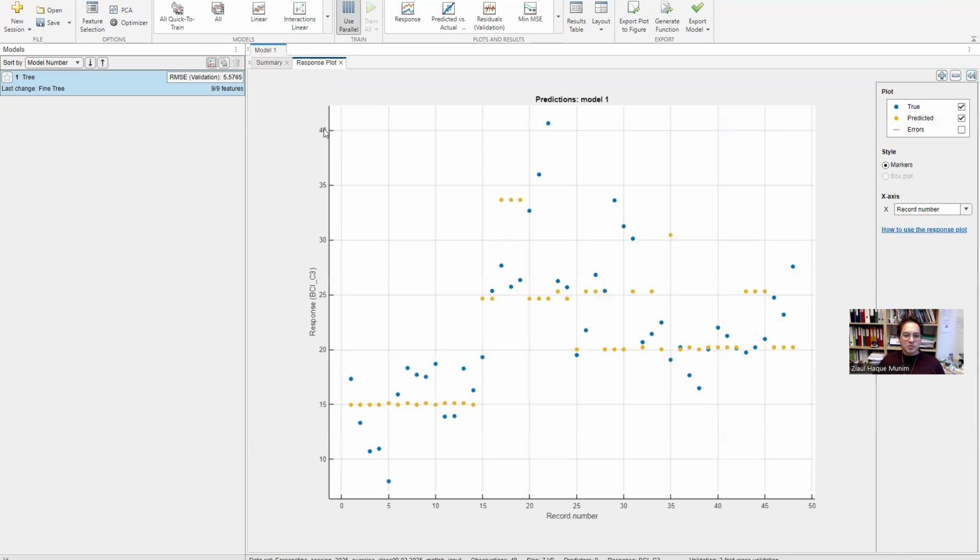And here we have the response function. So here it shows the predicted values and the real values for the data periods. Here on the horizontal axis, we have the data periods, and here we have the freight rates, okay? And the yellow ones are the predicted and the blue ones are the real data. So we can see the gap. If you click here on the errors, you can actually see the difference in different cases. Okay. But anyway, so now